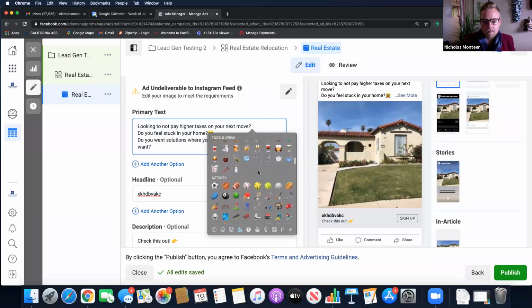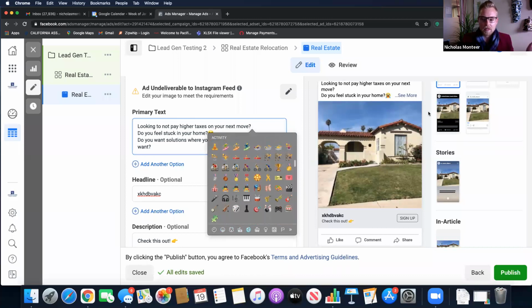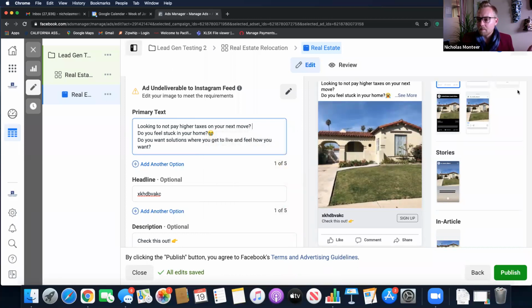I was helping Chuck White with his listing. His listing is in downtown Long Beach. I think Chuck might actually be on the call. Is he here? Yeah, he's here. I was helping Chuck with his ad, and I said, don't just advertise a listing. He wanted to advertise his listing, and I said, let's create an ad based on a lifestyle, because the cool thing about his listing was it was a top floor unit in downtown Long Beach. I learned that I can't say penthouse. It was the total cool lifestyle in the heart of downtown, a block or two from the water. So everything in his ad was about how you can get more for your money in downtown. And we targeted LA specifically.